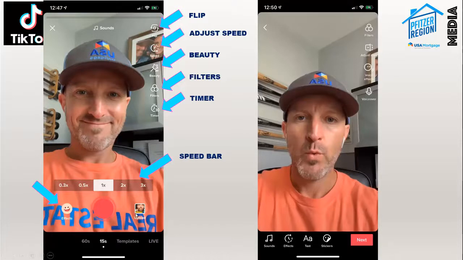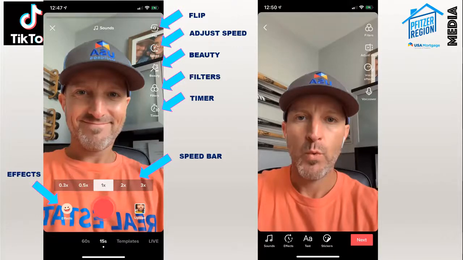Next, this is one of the effects buttons. There's actually 2 different effects buttons. This one is the most robust. There are literally hundreds, and they're adding them every day, like green screen and all these little questions. If you follow Tristan, he uses green screen a lot. I know you just used one of those question deals the other day. You just got to play with it. You literally just go into effects, click on one, see what it does. It kind of describes what it does, and you can then play around with it and create your own content. Because remember, you don't have to post this stuff. You can go in, play around, and delete it. It's not put out to the world until you hit post.